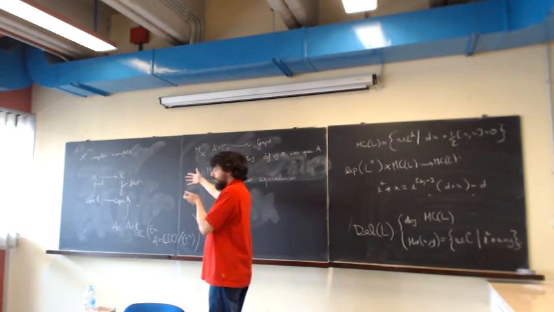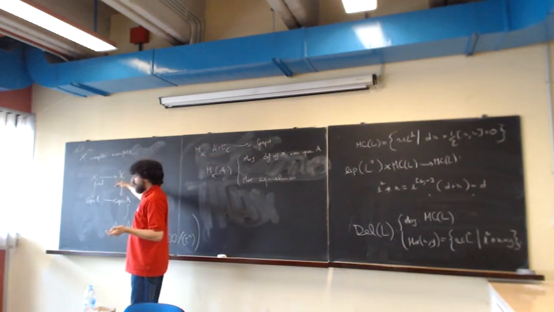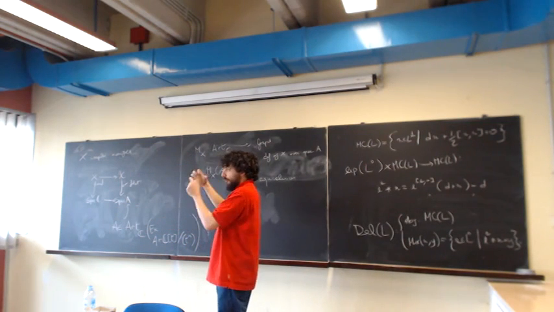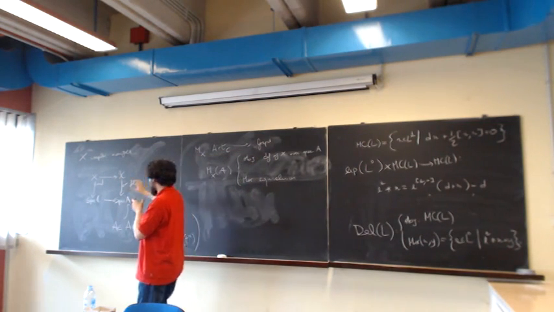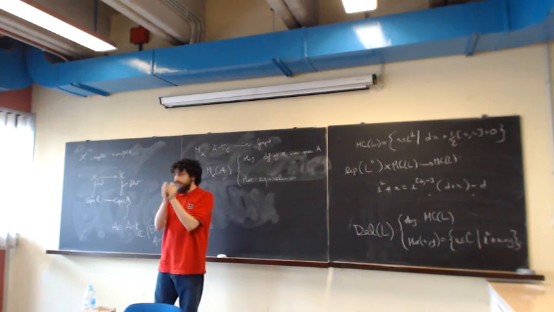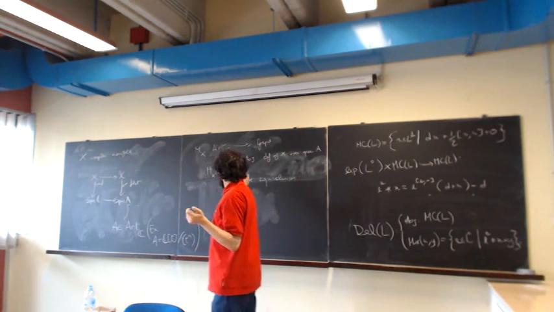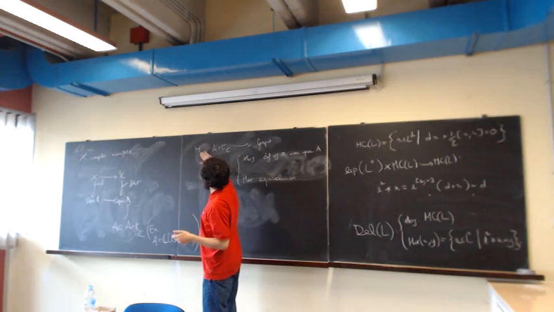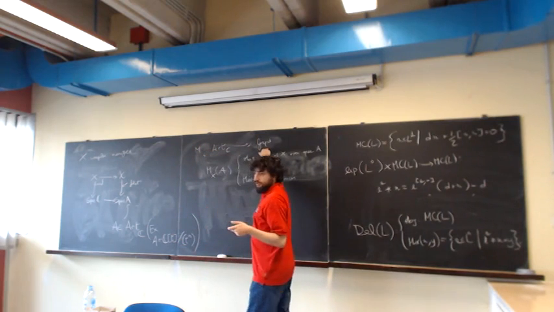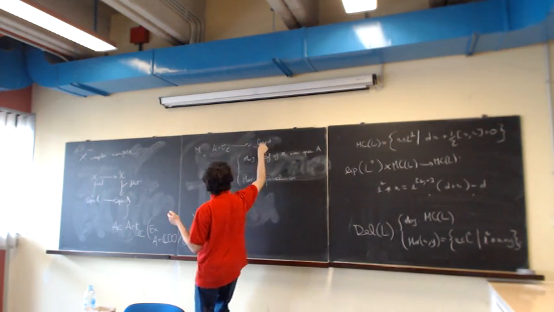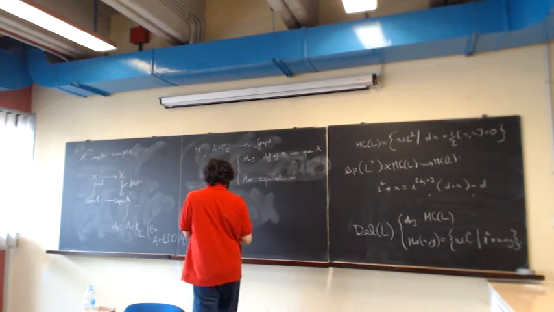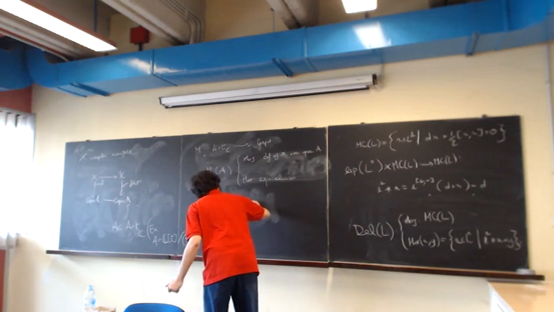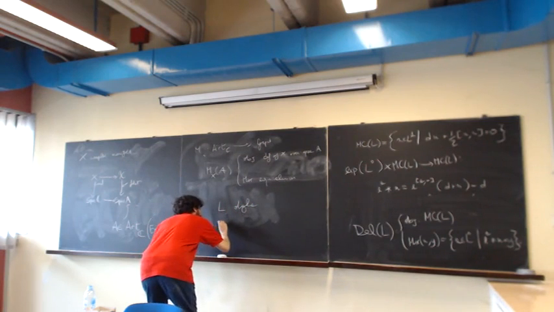As this example was supposed to show, given a formal deformation problem, formal means we are only interested in infinitesimal deformations. Given a formal deformation problem, we can extract a functor of this form from Artinian rings to groupoids. On the other hand, given a DGLA, we can construct such a functor